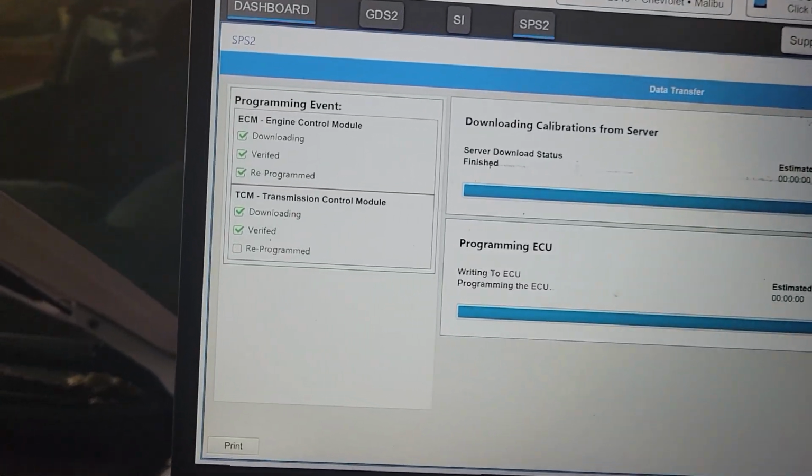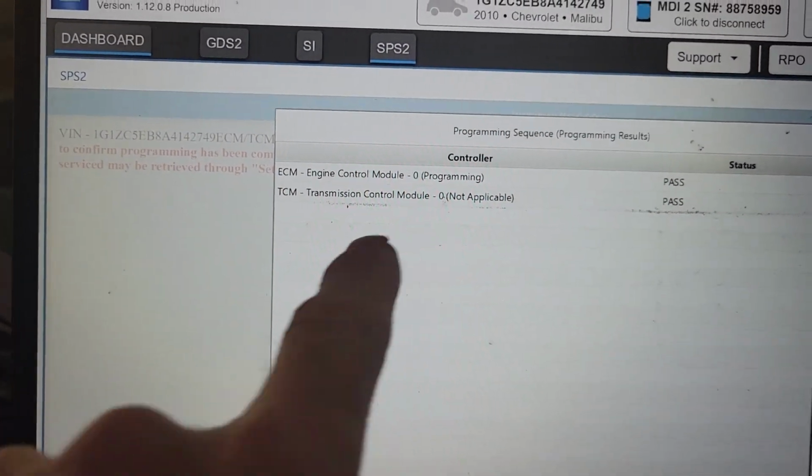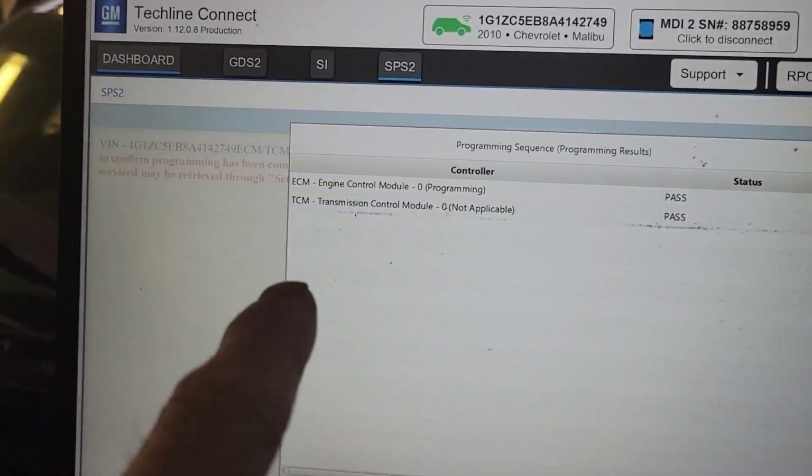I didn't turn the key off, but I did X out of TechLine Connect. I shut it all the way down, restarted it, and when I started SPS2 this time, instead of going to replace and reprogram, I went to reprogram, and I went to sequential for the TCM ECM, and it went through